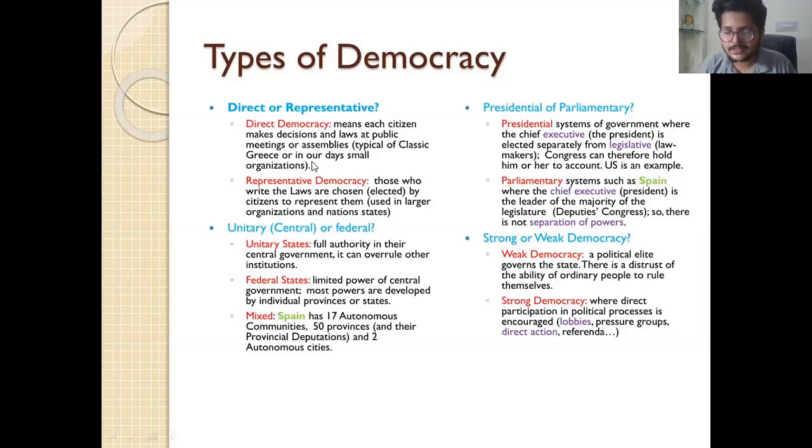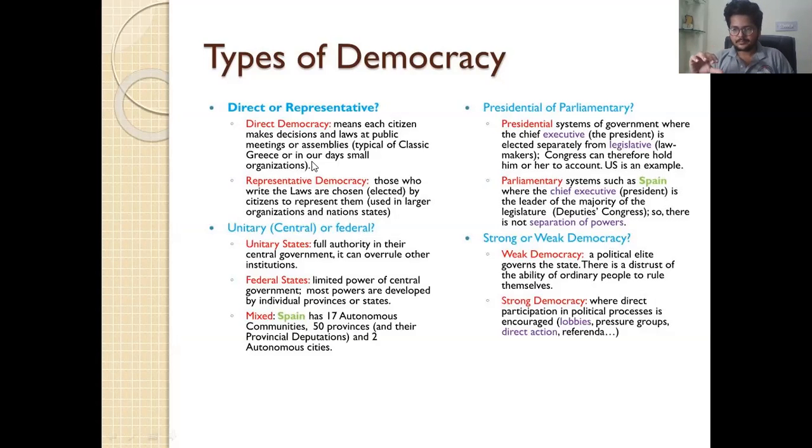On the other hand, what is representative democracy or indirect democracy? It is a type of democracy which is prevalent in large democratic countries like India and the UK, in which each and every citizen cannot go to the parliament. The parliament doesn't have that much space, and it is not possible for every citizen to vote for or against the law. So we elect our representatives. Different representatives are elected from different parts of the country, and they present their views and ideas and take part in lawmaking in the parliament.